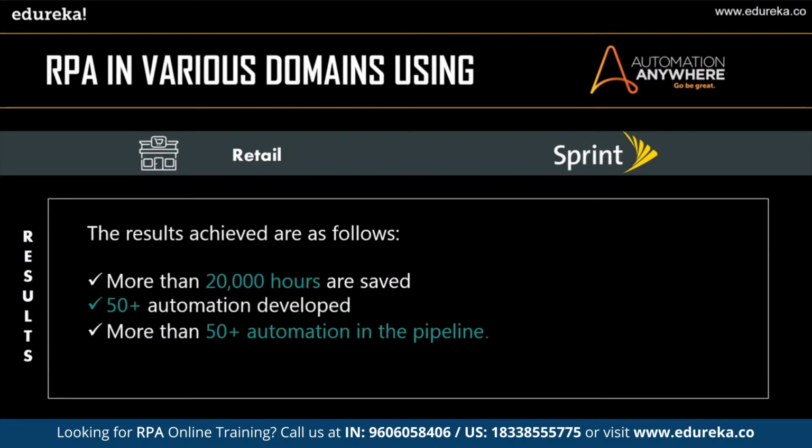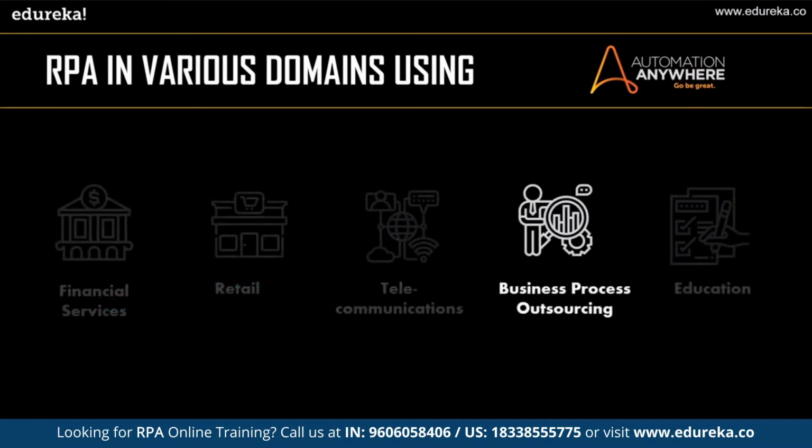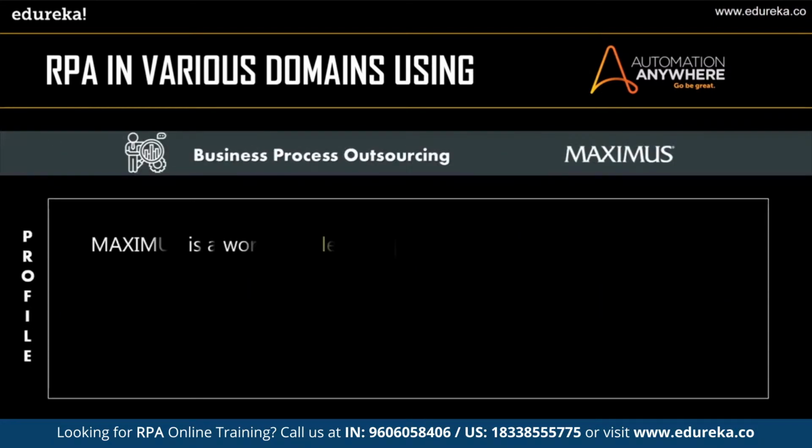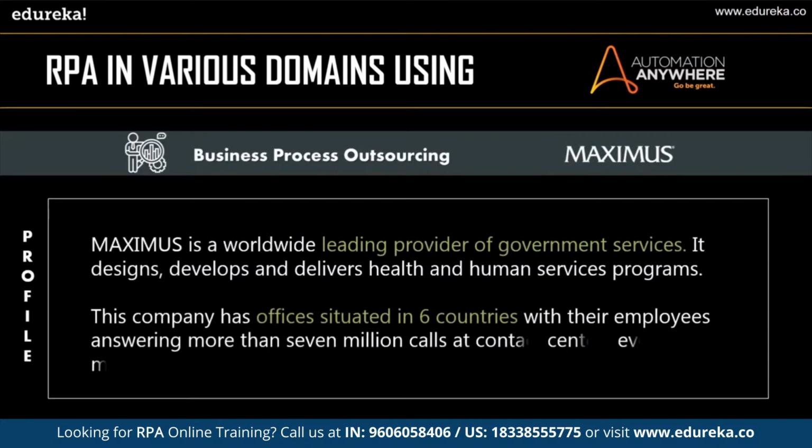Now let's move on with our next domain, that is RPA in BPO or business process outsourcing. So to explain you how RPA can be used in BPO, I've considered the Maximus organization. So Maximus is a worldwide leading provider of government services and it designs, develops and delivers health and human services programs. This company has offices situated in 6 countries with their employees answering more than 7 million calls at contact